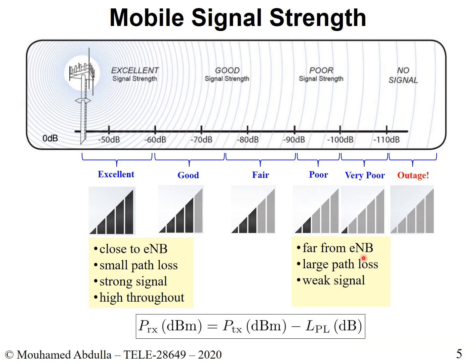And if your path loss is large, then you will have a weak signal, right? So this is fixed. This is large, and therefore, when you take a fixed value minus a large value, you'll have a smaller receive power, and that's why you will be somewhere here. By weak signal we mean the received power will be weak, and that's what we see when we are in this region.